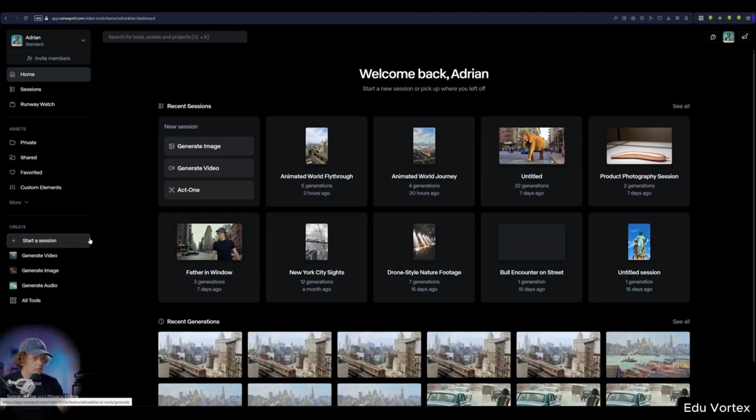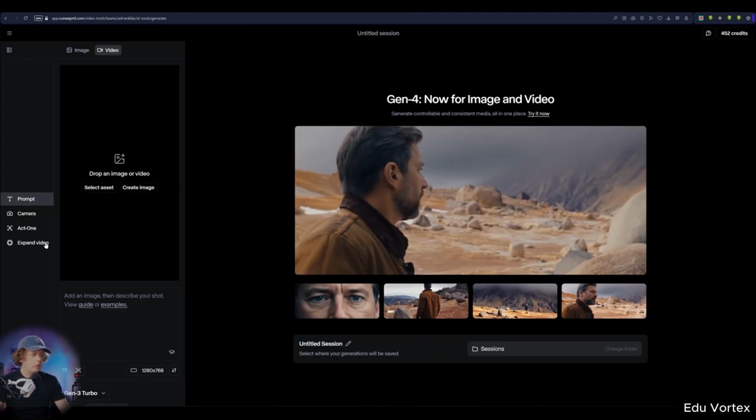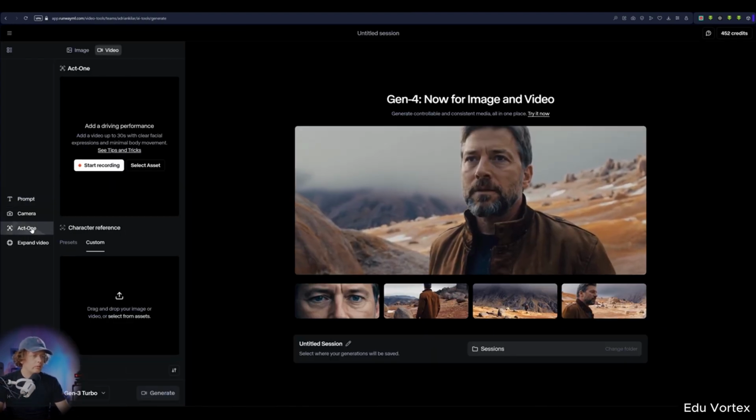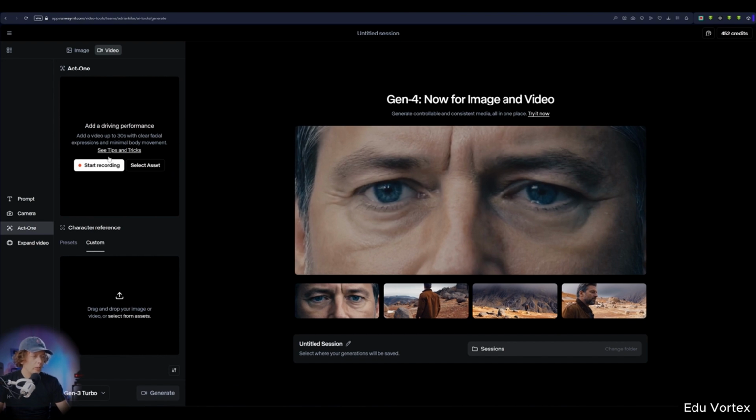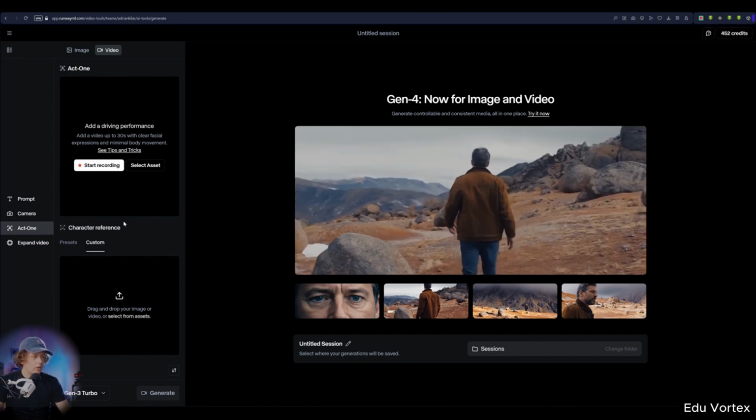In this lesson, I'll show you how to use the Act 1 feature to bring 2D or 3D animated characters to life, syncing their movements and speech with your own. We'll use Runway for this, so let's dive straight into the Generate Video section, where you'll find Act 1 on the left-hand side. First, you can record yourself with your webcam to capture your movements, or you can upload existing